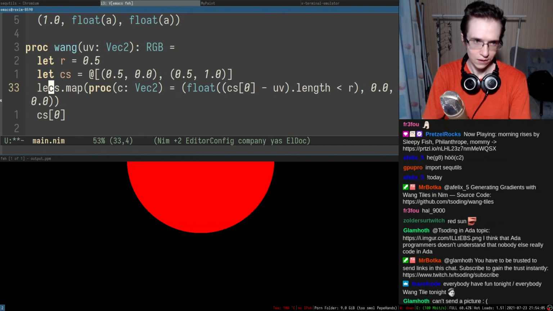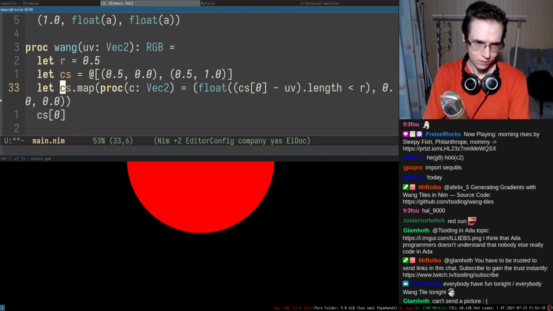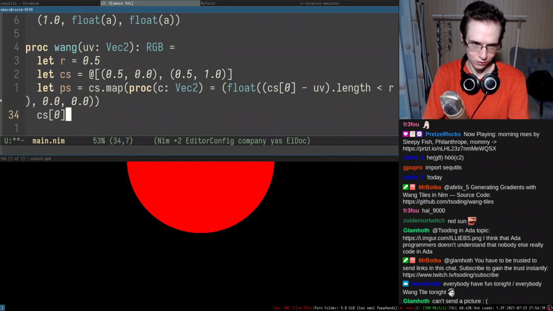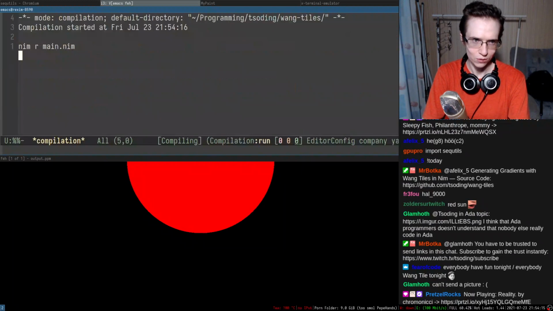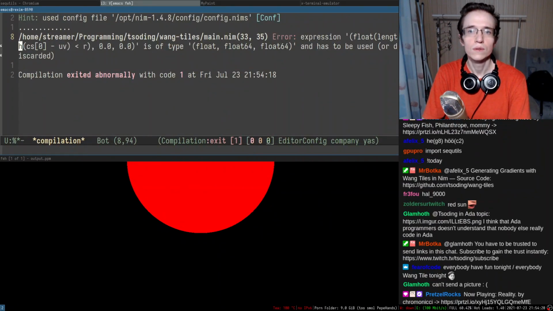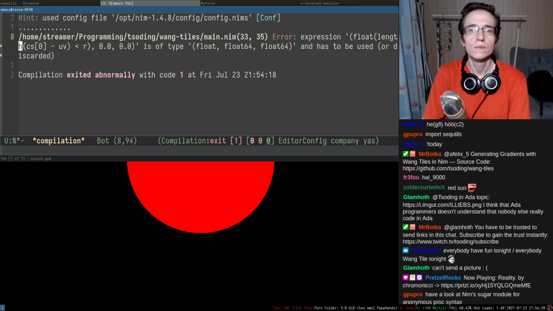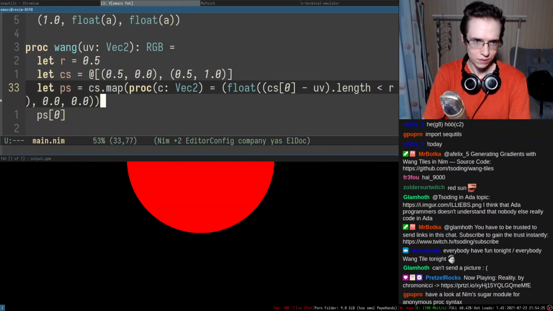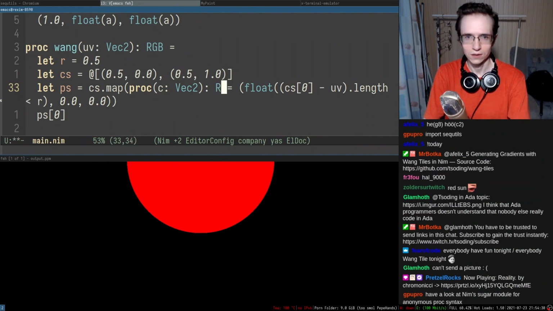So this is colors, right? So this is centers, and these are the pixels. Okay, so let's actually call PS, and then we need to grab this entire thing. All right, so it didn't work. That's really strange. Oh, this is because, okay, I see.